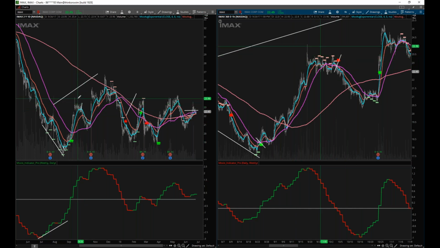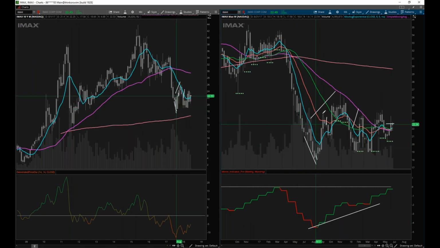This is 9/26/2017. So we need to bring in the higher time frame. And look at this. Here is 9/26/2017. There you go. It ran right into the weekly 21 exponential moving average. And that's why I use the multiple time frames in context to say, hey, there's a downtrending moving average overhead. It's probably going to run into it.